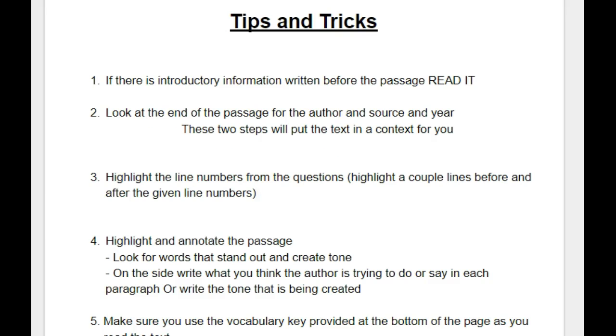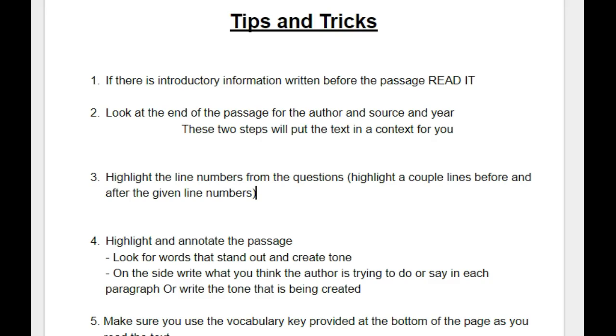The best way to do well at the multiple choice is, honestly, to practice. When you practice reading these passages and answering the types of questions you'll be asked, you will improve. And so there's nothing better than just practicing as many as you can. But I'm going to give you some tips and tricks to use along the way. So the first 2 are before you even start reading.